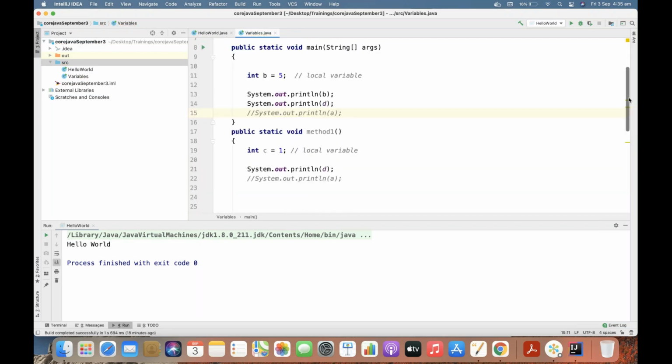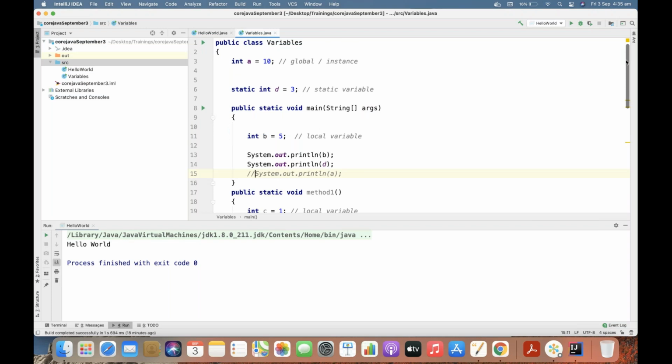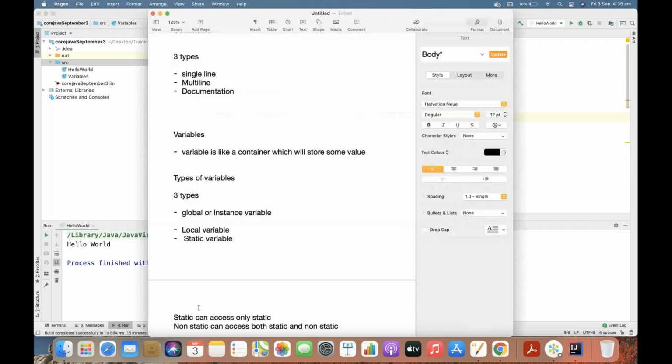Directly it is not possible, but indirectly you can consider this way to create an object of the class and access the non-static inside static. But directly it is not possible. That's why I wrote these two lines. Hope this is clear.